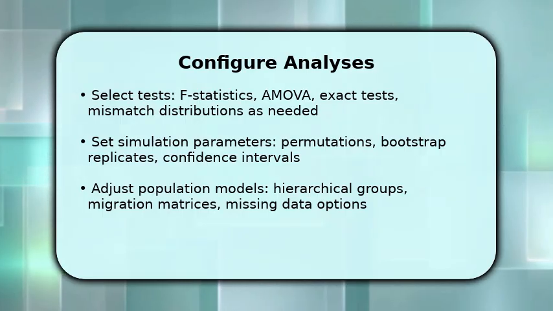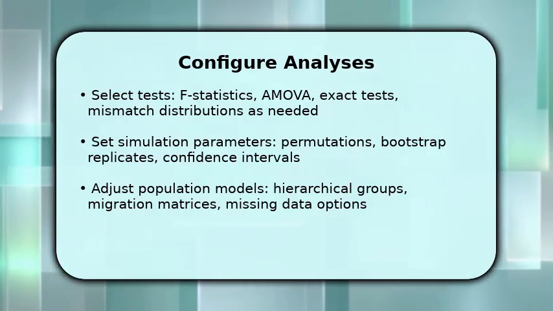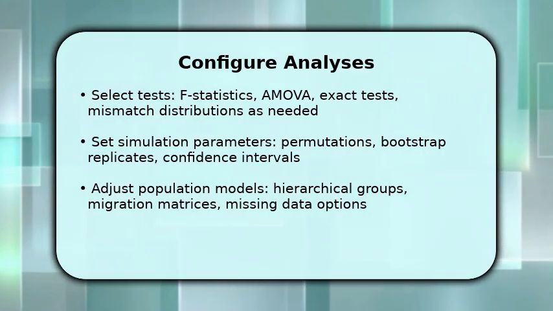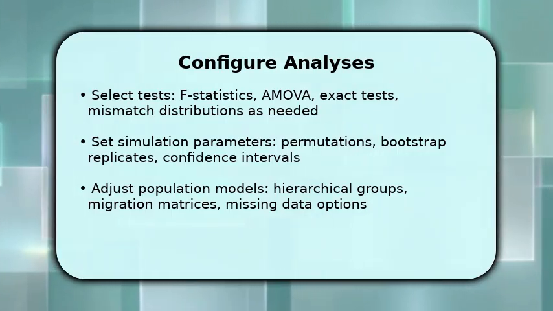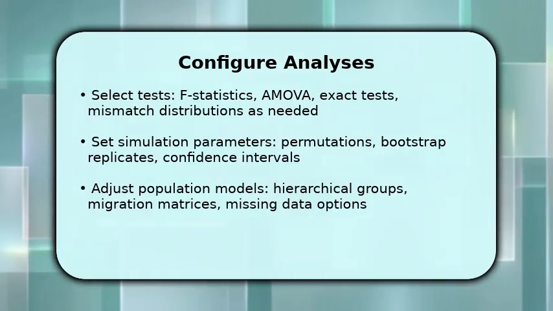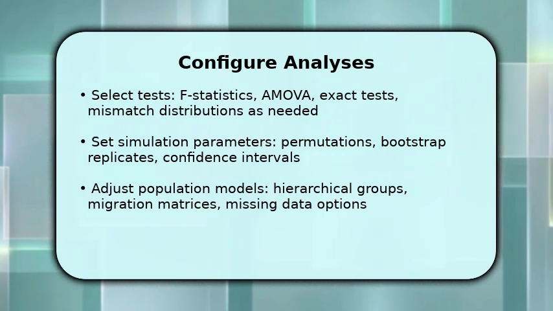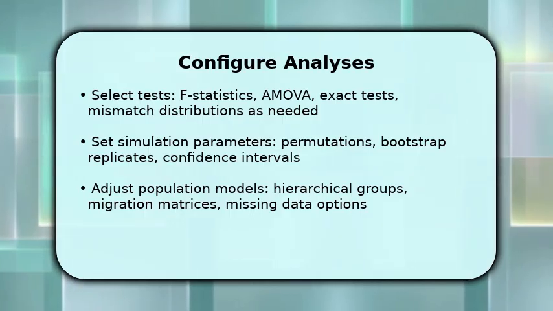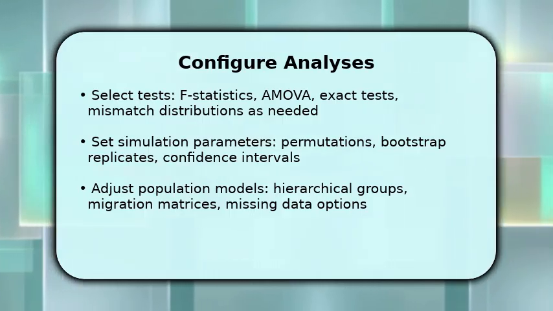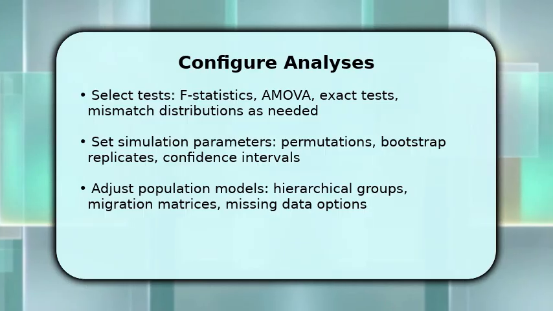Next, set simulation details like number of permutations and bootstrap replicates to balance precision and runtime. Finally, tailor population models, group hierarchies or migration matrices, and handle missing data. Since those model choices change result interpretation, you then execute the configured runs and watch the progress indicators so you